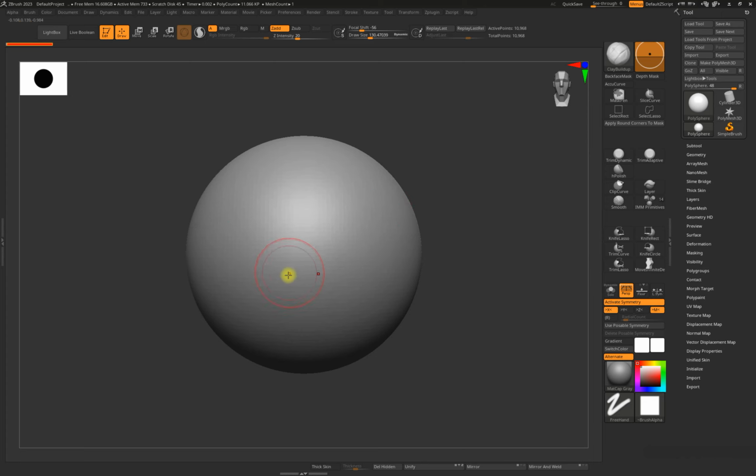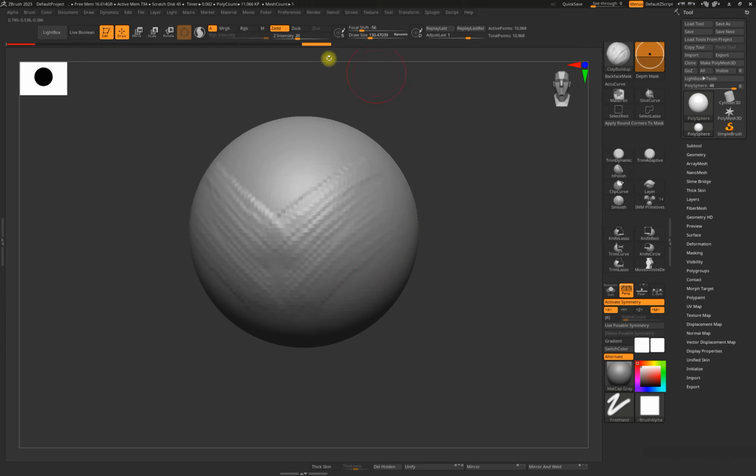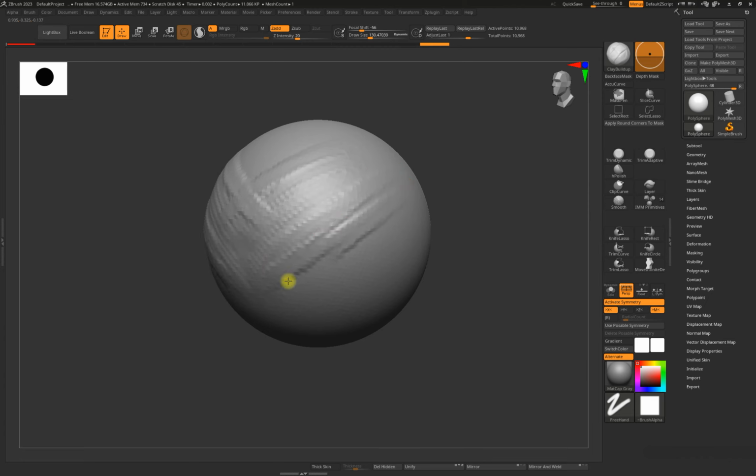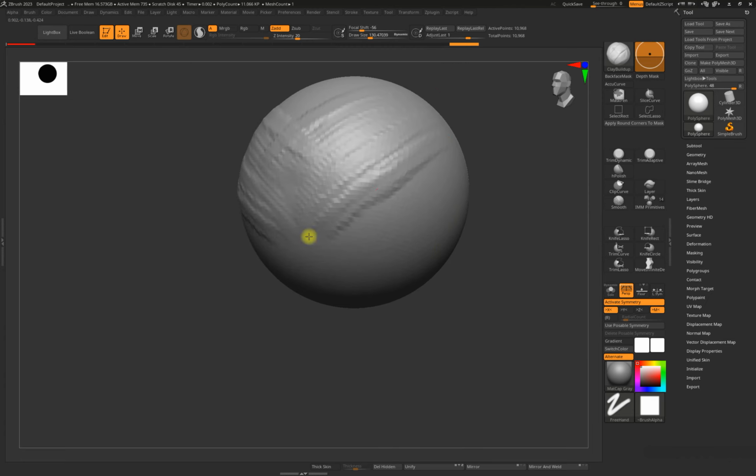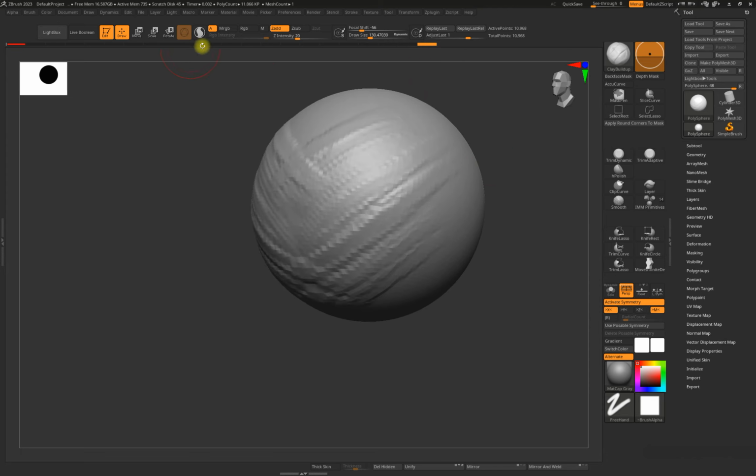If I just make a stroke here on this ball, just like this, you'll probably notice as I start sculpting, at the top here we have this little bar, and every time I make a stroke just like that, you can see this bar adds another notch to the end. Now this is your undo history. So you can see if I hover over this, we have 22 undo histories and it has a timestamp, which is great. And what this is good for is that if there was a time much earlier than this and